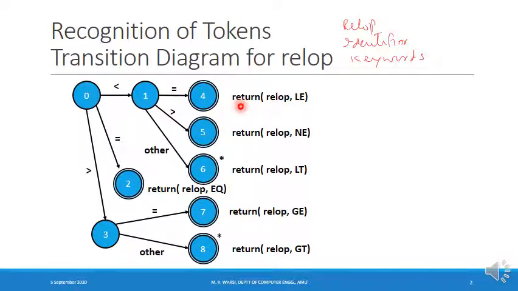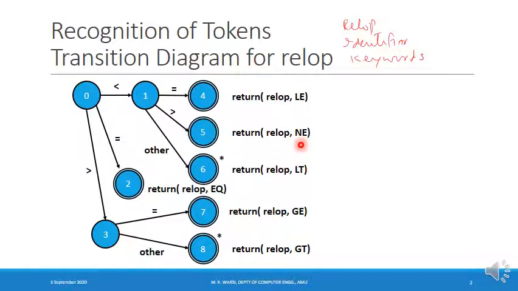So we are returning the token to the syntax analyzer. This is the action that we are taking in state number 4. Similarly, in state number 5, what is the action that we are taking? We are returning relational operator as a token to the syntax analyzer, with the value being not equal to.